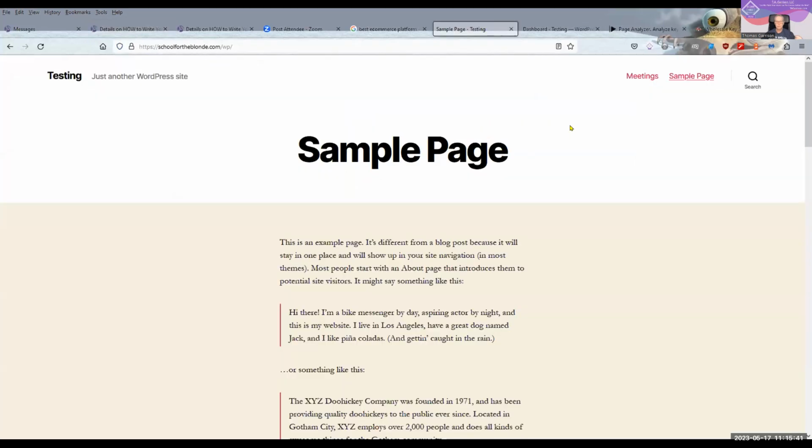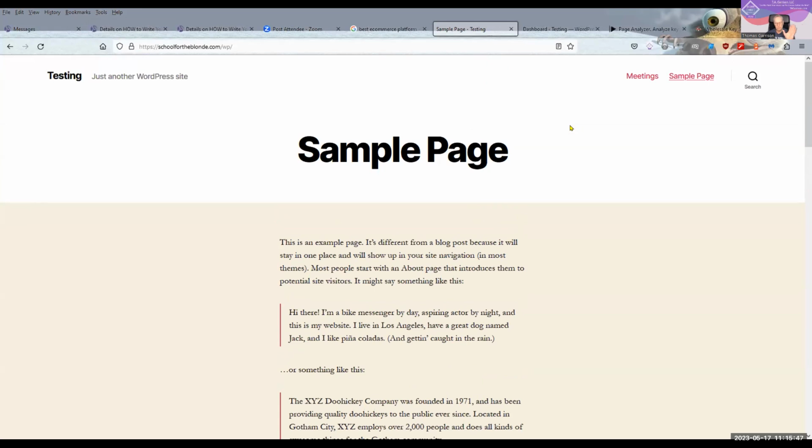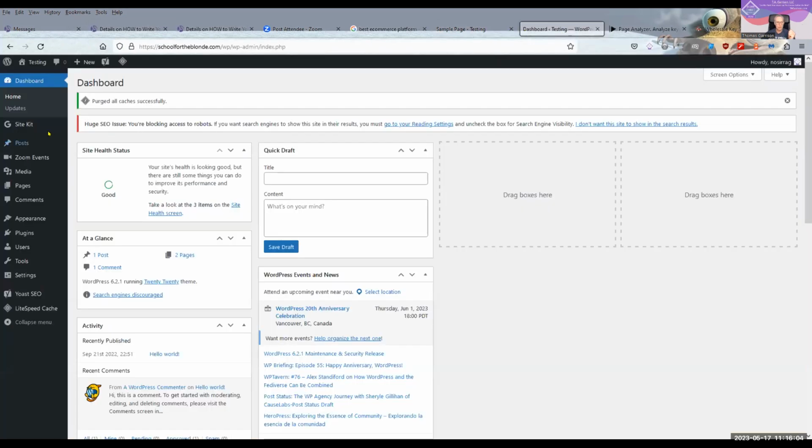This simple page here. Most people are using WordPress, so I thought, okay, let's just keep it really simple. This page is not about keys. I don't care. We're not worried about that. We're just grabbing a page that has nothing to do with anybody else's stuff to say, let's take a look at this and see what we need to do. So we're going to go into our sample page.